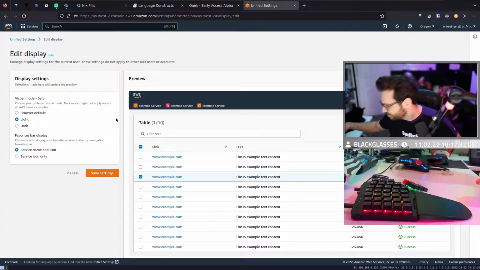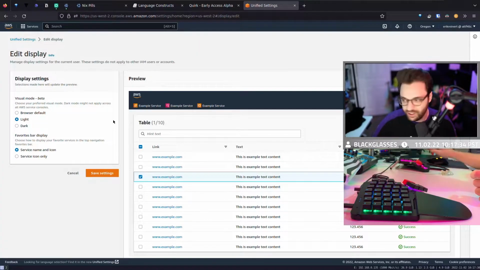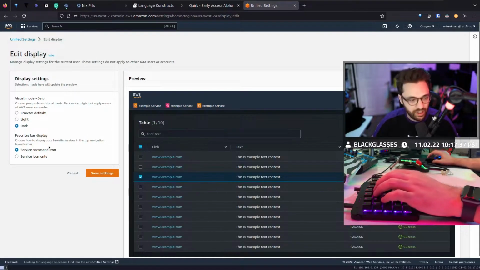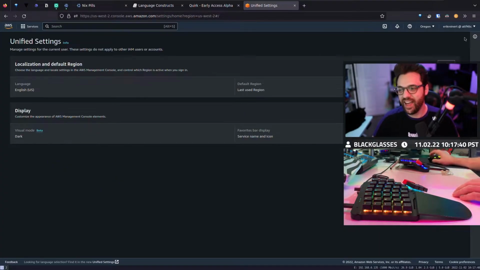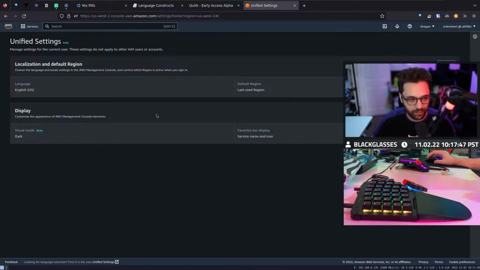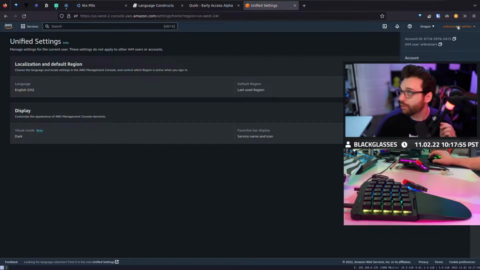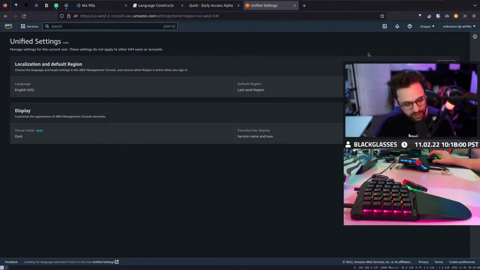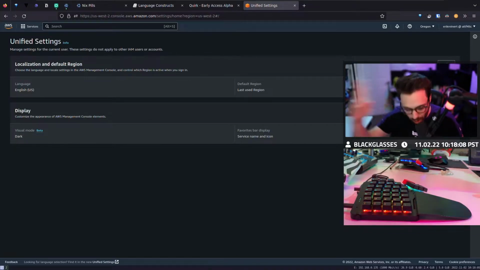Sorry, hold on. I'm a genius, chat. I forgot that they implemented a dark mode. Haha! I win! Yeah, by the way, chat, I forgot, Amazon recently announced that they implemented a dark mode in AWS. So for all of you who, like me, hate Amazon's light mode, it is now available. You go click on your little guy here. Yes, it has a dark mode now. This is why you come to this stream, okay, chat? Because I literally give you that good. You know what I'm saying, chat? There you go. I'm so proud of you. Go enable it. Go enable it.